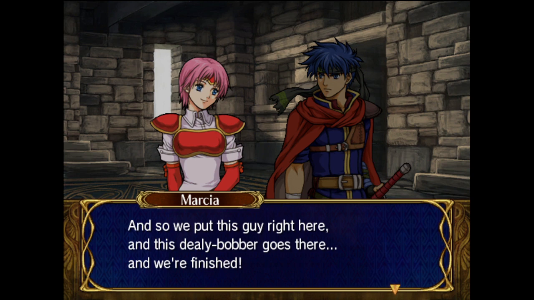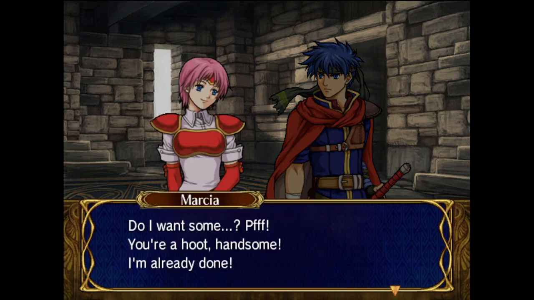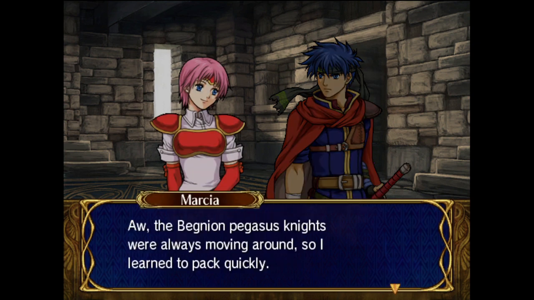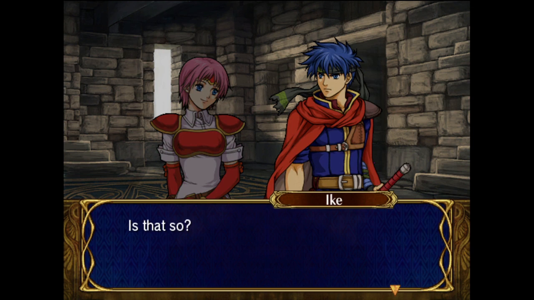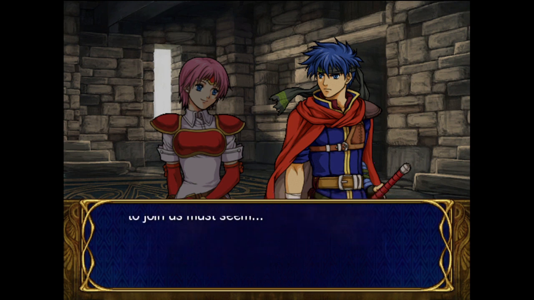And so we put this guy right here, and this dealy bobber goes there, and we're finished. Packing, huh? Want some help? Do I want some... Pfft, you're a hoot, handsome. I'm already done. You're more skilled at this than I would have imagined, or is it? That Mist is woefully inept. Aw, the Begnion Pegasus Knights were always moving around, so I learned to pack quickly. They used to train us on it all the time. Go here, pack this, fun stuff. Is that so? I can see that you have a strong sense of duty. Quitting the Begnion Pegasus Knights to join us must seem...